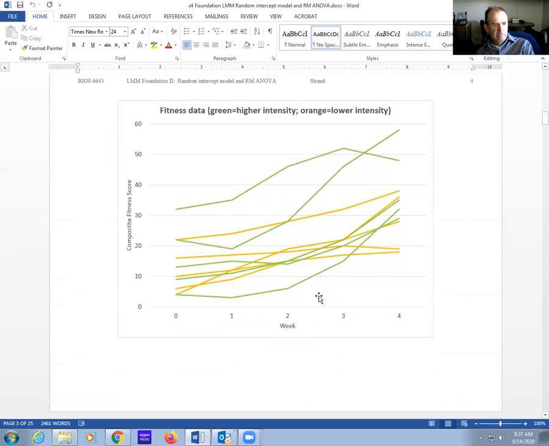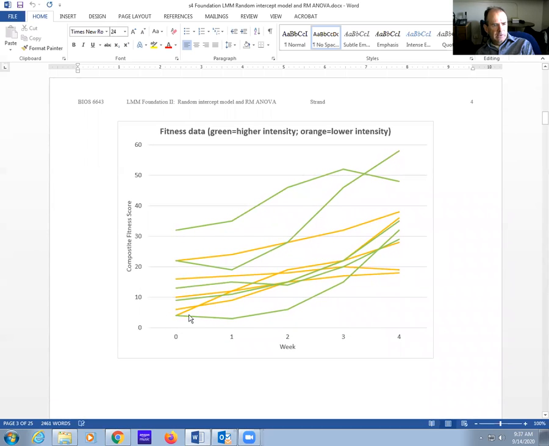So here's the data. And we see that the fitness scores tend to increase over time. We have the 5 repeated measures, and to keep things simple here, we have complete data. I'm going to keep asking questions. What do you notice in the data? What are the things that are striking about the patterns in the data?